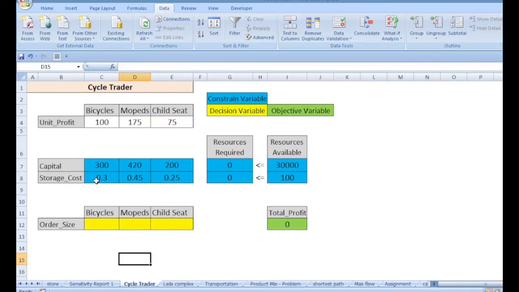He also has a storage cost. The allowable storage cost is 100, meaning that the products he is purchasing should have a storage cost less than this 100. Now he has to decide how many of these products he can buy and still have a maximum